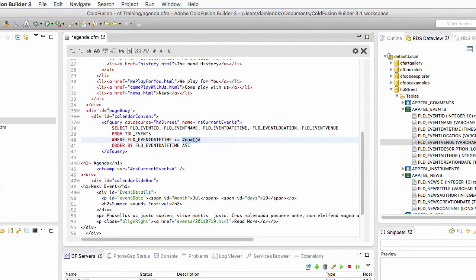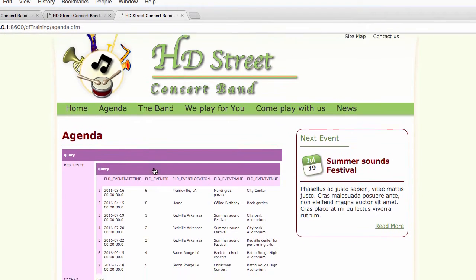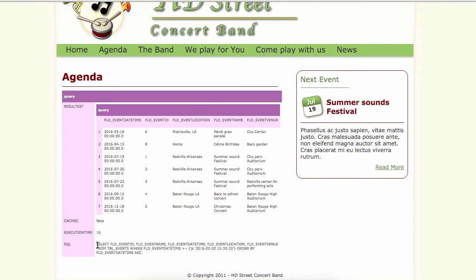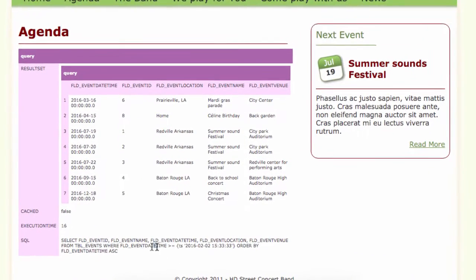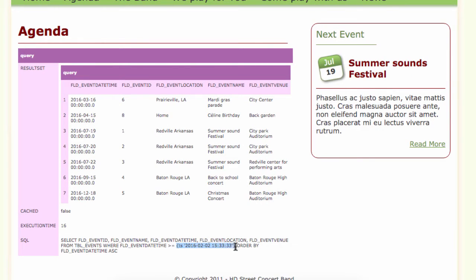Now let's test it out. So save the page and I will run the page here. And here you see the SQL statement that has been sent to the database. And you see the result here of the now function. The now function creates a timestamp. So today we are the 2nd of February 2016 and it is currently 3:33 p.m. and it's raining outside. Okay, so each time you run that query, that timestamp will be different,